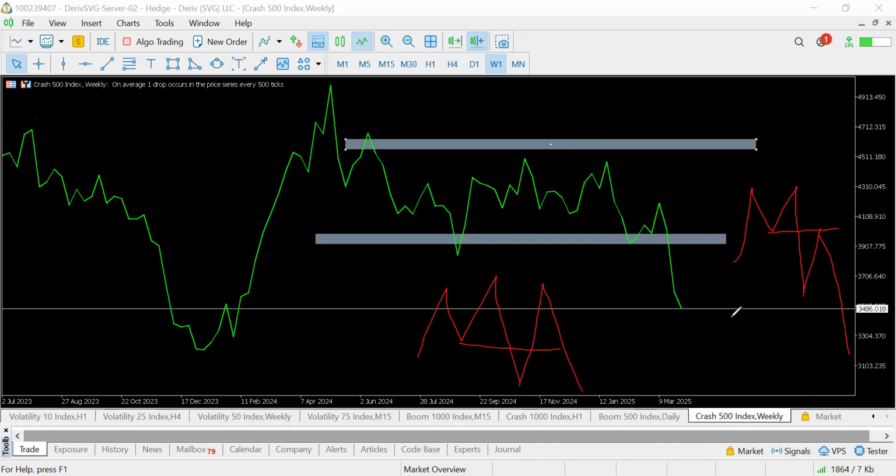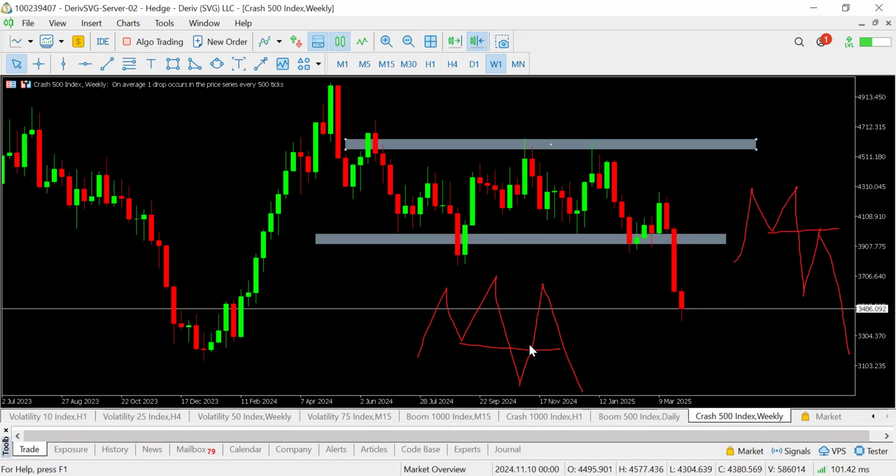coming downwards. So in this case now, we can see that the M structure has just been formed and price has gone far downwards. We have a sea of red candles here. So the downward trend is really, really strong. However, we can see also that